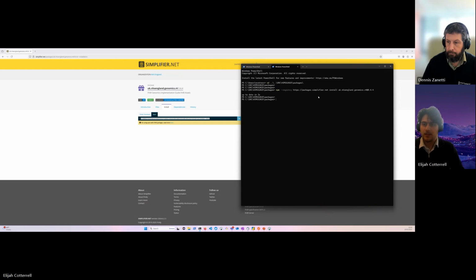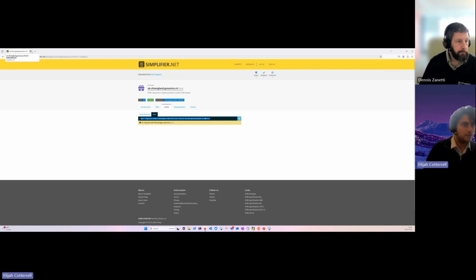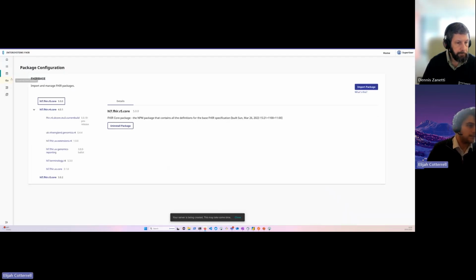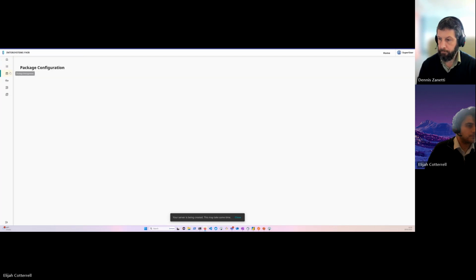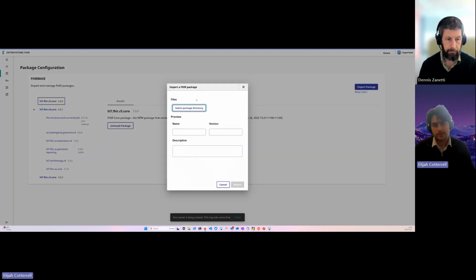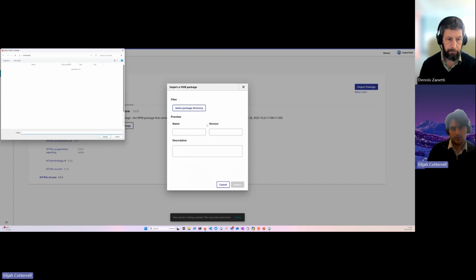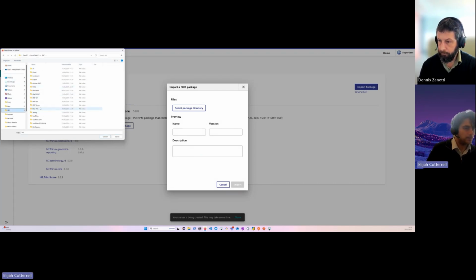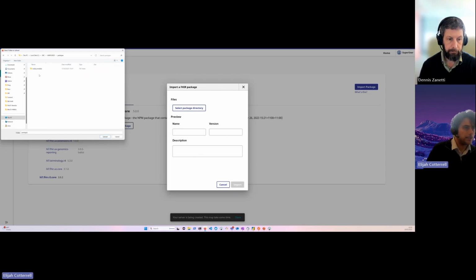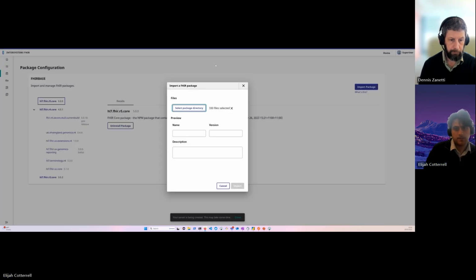And now if I go back to my FHIR server, and go to my server running over here, what I can do is select the downloaded package. So I'll go to my directory, packages, node modules, and it would have been this. So if I click upload,